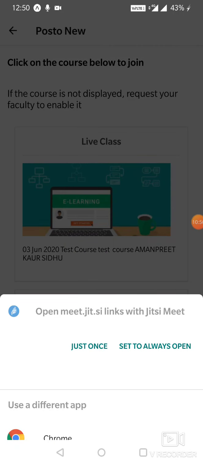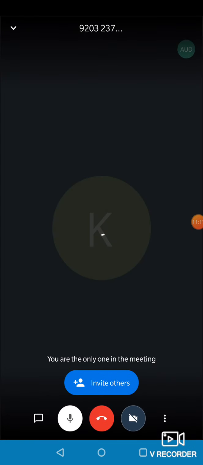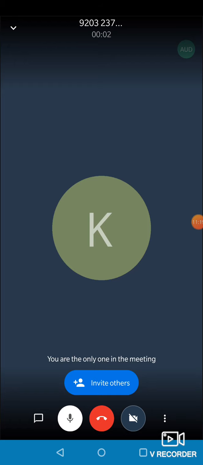If in case you're using it for the first time, when you click on the class, it will ask you to download Jitsi. You just click on the download option that you have. Probably it will show up in a blue button. Just click on it. It will redirect you to download Jitsi. And once you download it, you can click on the class and it will just open. Just a screen will open. So this is how it looks like.